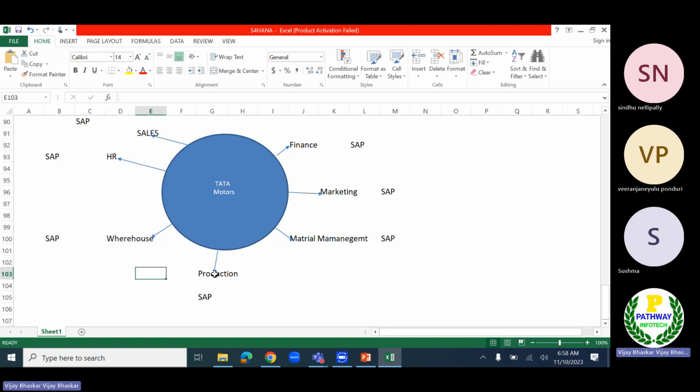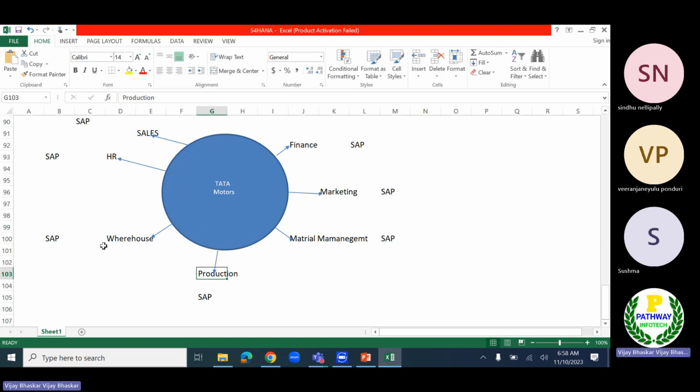Again, the moment the production department starts preparing the production planning, no need to contact the warehouse department. They will just enter the production planning data into the SAP application. Automatically, it will notify the warehouse department. The warehouse department will verify the planning, how much quantity is required to produce that final product.